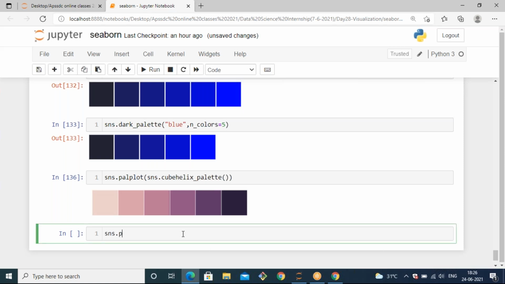sns.palplot of... I want to use PalePlot to display my color palettes. So it gives you colors, dot color_palette equals to, and then you can specify the start value. If I mention it is a kind of color format CH, then you can specify the color format like 2.